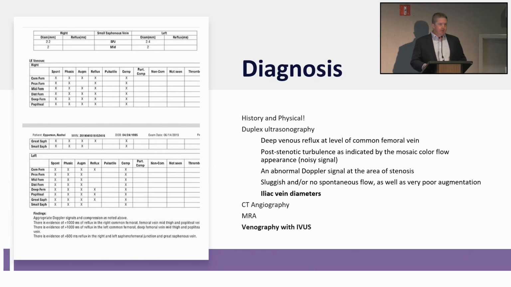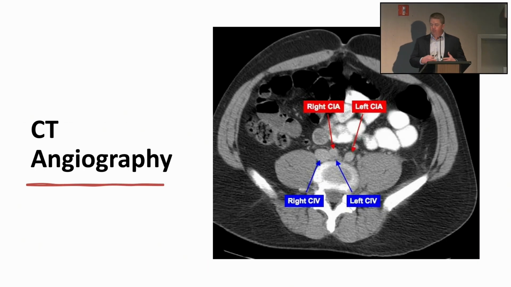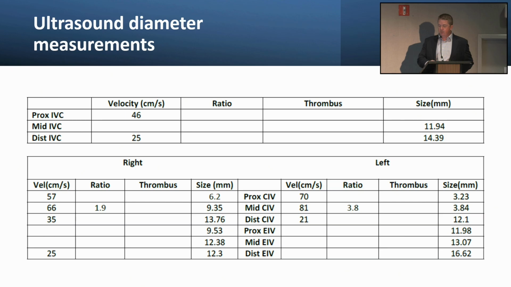So how do we diagnose a patient who presents with iliac venous disease? Diagnosis, or history and physical is obviously first. CT angiography is one of the more classic ways of looking at it, but we also use ultrasound like Tina was alluding to. This is a good